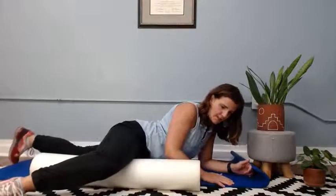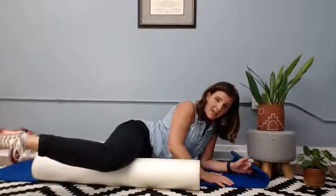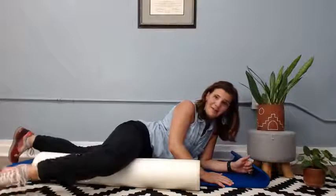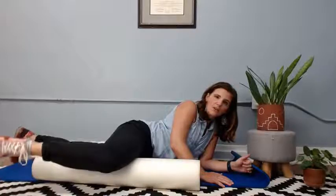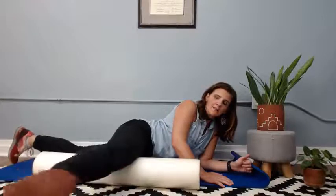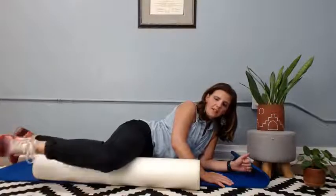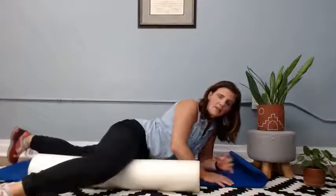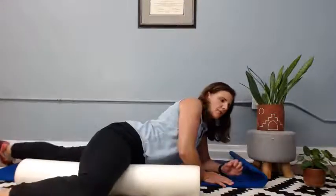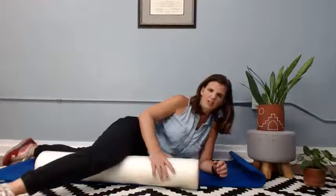Also, if you find a tight spot, like I did right there, then you can rotate. That's quite intense. The foot up and down and really try to get into that spot. You can also bend and straighten. So using some active movement in addition to just the passive rolling with these exercises or mobility techniques can really help go a long way towards changing the matrix of all the soft tissue and fascia